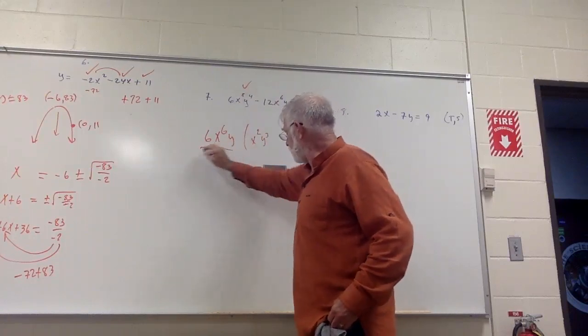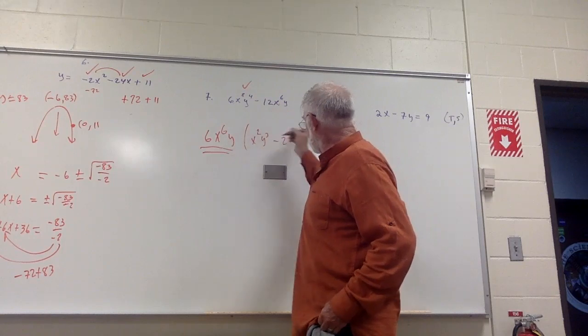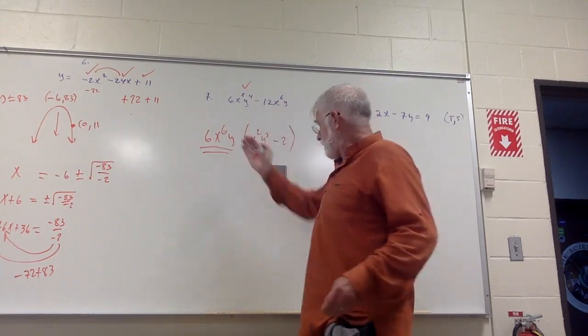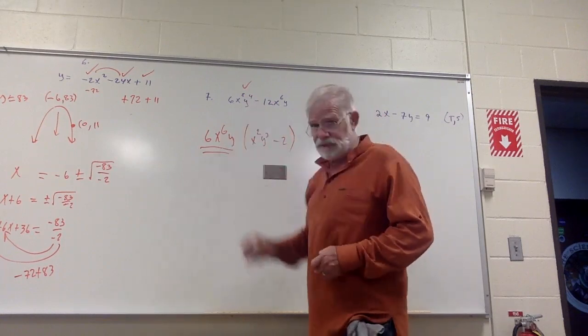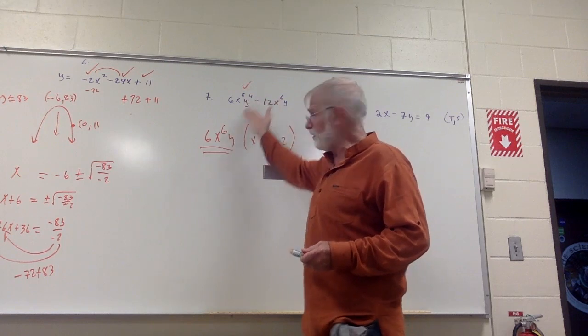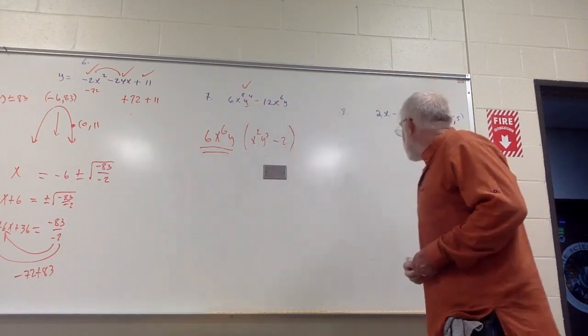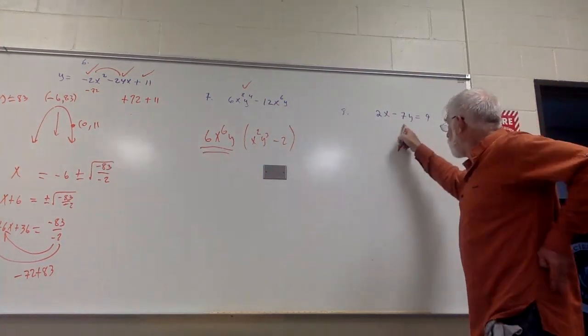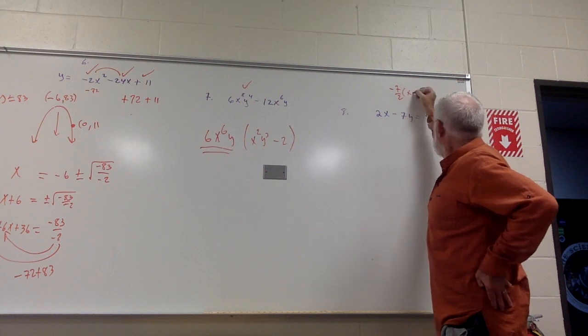What do I have to multiply this by to get this? Well, it looks like I need a negative 2. I already got the x to the 6y, so I'm done. That's the same calculation, except that's multiplication, that's subtraction. That's what it means to factor. To change addition and subtraction into multiplication. Fancy word, factor. All right, so we said the shortcut for perpendicular is minus 7 over 2,